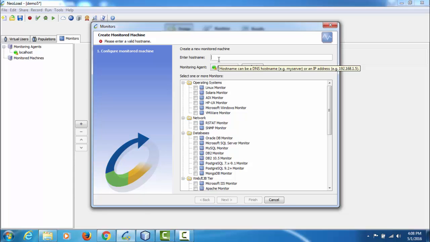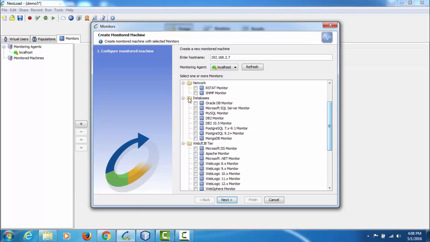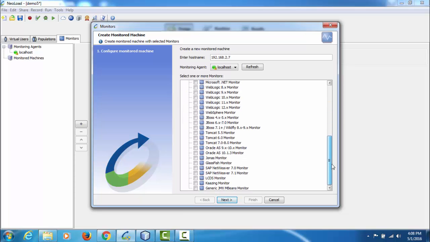So here you want to enter your host name. Mine would be, this is basically just your system name or the IP address, and you want to check off what operating system you are using. Mine is a Windows system, and my database, I have used an Oracle database, and the network you can check off both of these, and I have used a Glassfish server. So I'll just say next,